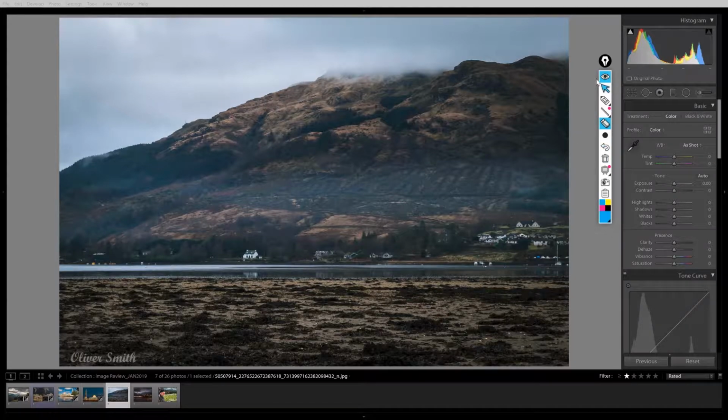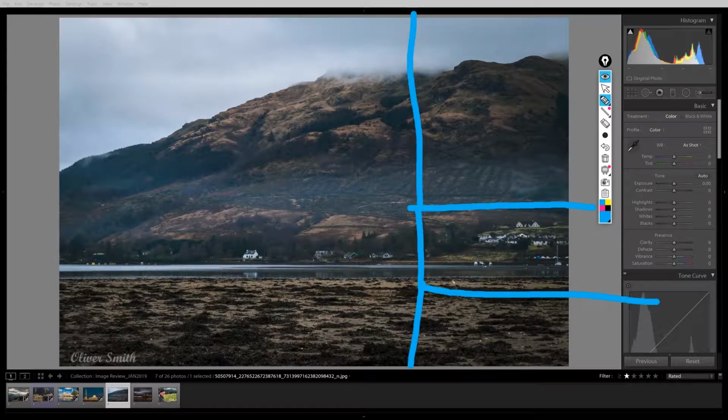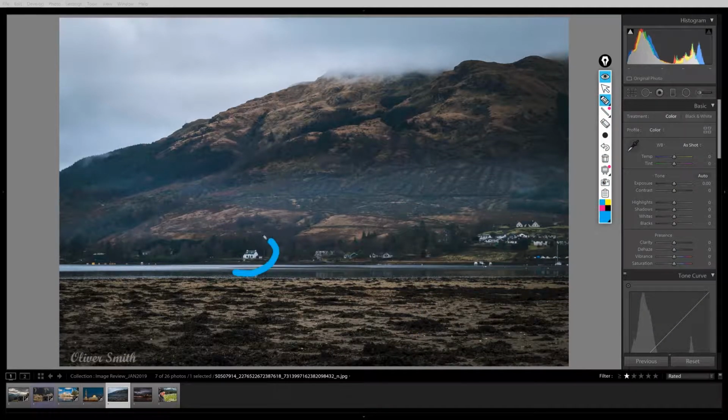And then the other thing I would say is composition-wise, I think there's an opportunity here, and I would do it with a crop, but not having that side of the image up here. Basically, everything in this corner I think is valuable for your picture, but I think these houses and the bottom are not necessarily valuable to your picture. I think that it adds a lot of clutter, and for me, I want to be looking at this house. That seems to be where my eye is drawn, and so I want you to make the picture around that one house. Maybe your frame could be something like this,